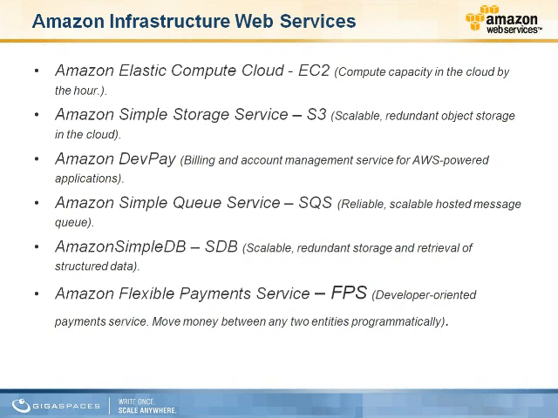Working closely with EC2 is another service called the Simple Storage Service, or S3. This is scalable, redundant object storage in the cloud. You store objects in the cloud that can be anywhere between 1 byte up to 5 gigabytes at a time. They're copied redundantly to multiple locations and then made available. If you choose to mark them for public access, they can then be used for web object storage, web pages, and media files and so forth, or you can keep them private, use them for backup or any individual application storage that you'd like.